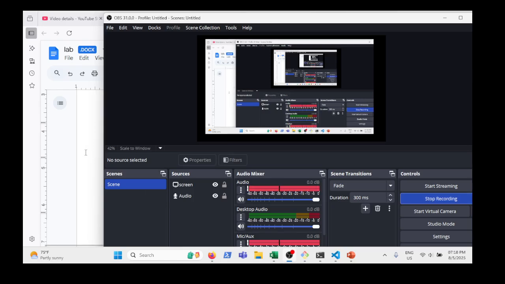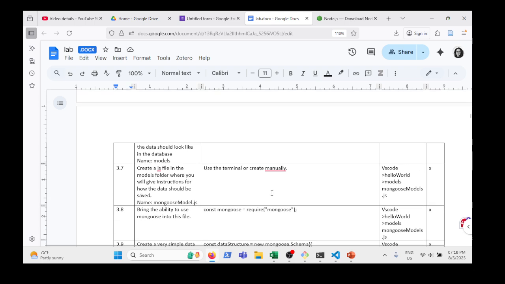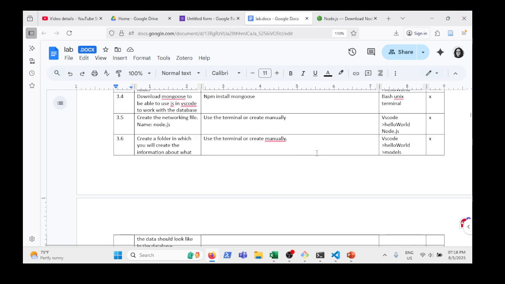Okay, team. So far, all we have done is a whole bunch of boring work. And the boring work that we've done is we've said, listen, all I want to save right now from the interweb is a name and a message because I just want to know if I can do it. How hard is this thing? And in order to do that, what we've done is we downloaded this toolbox called Mongoose using our git bash